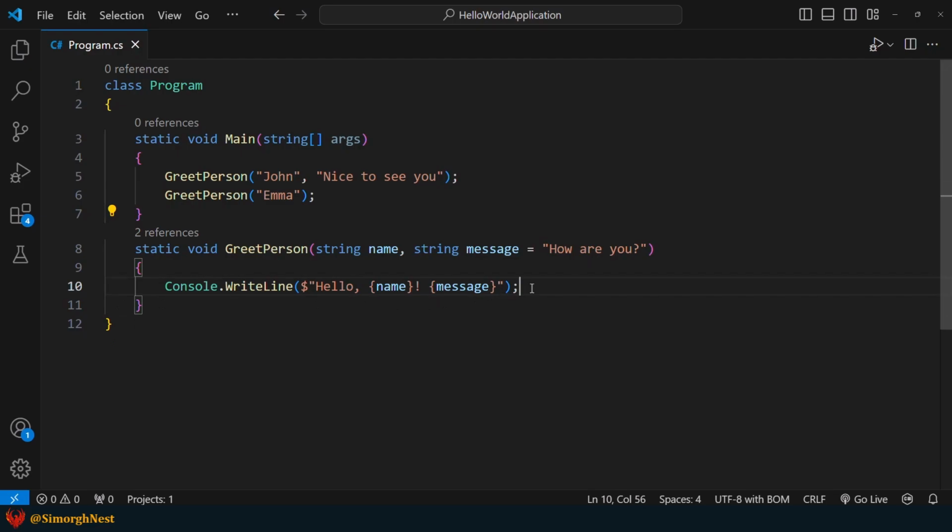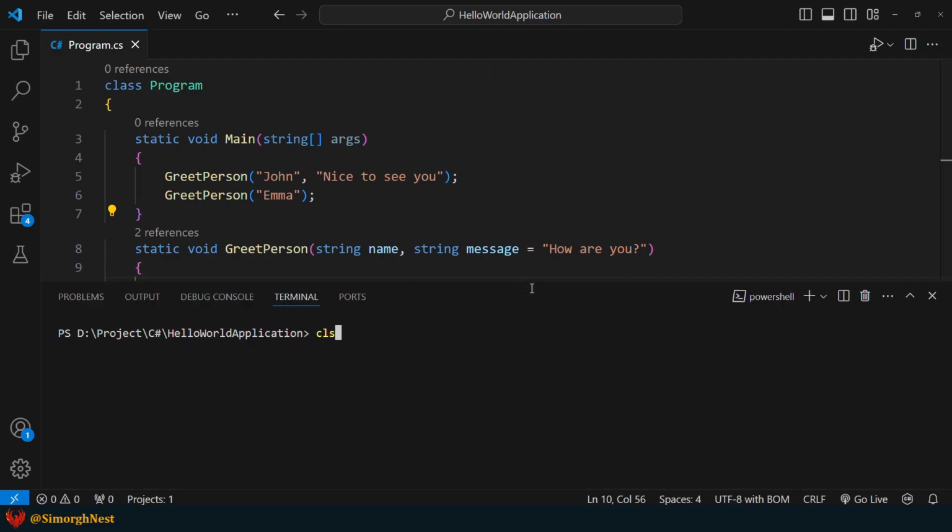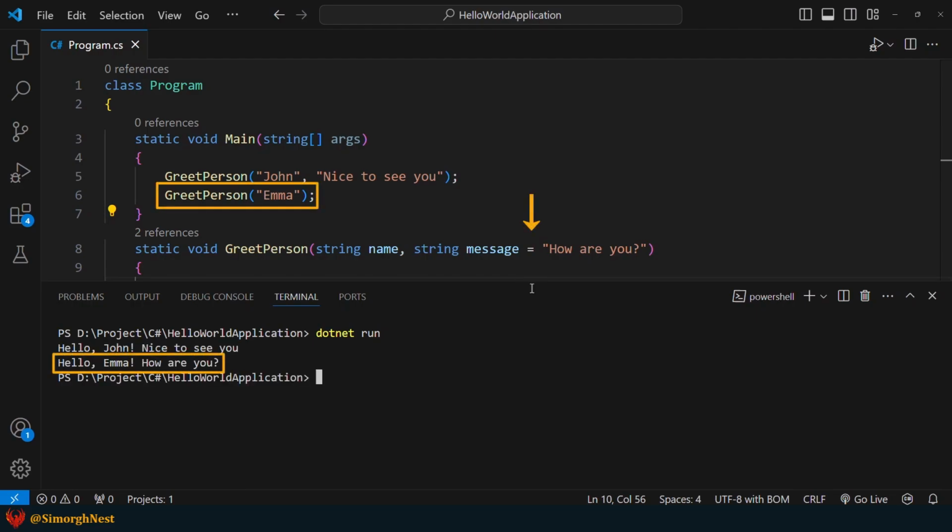This time, if the message parameter is not provided when calling the method, the default value will be used. Now, let's run the application once more. As you can see, when we don't provide a value for the optional parameter, the value provided in the method signature is used as expected.